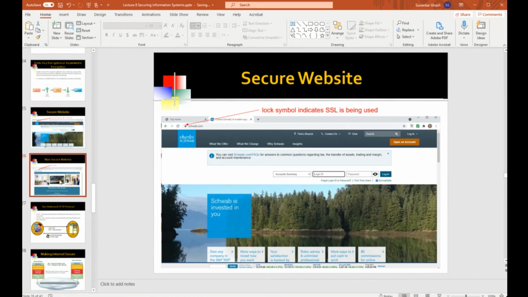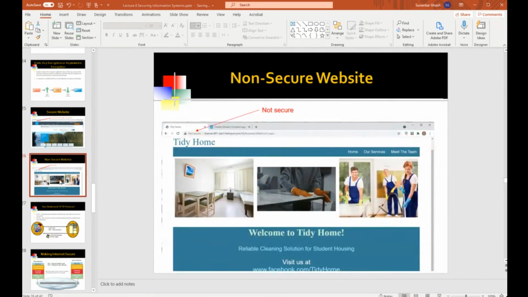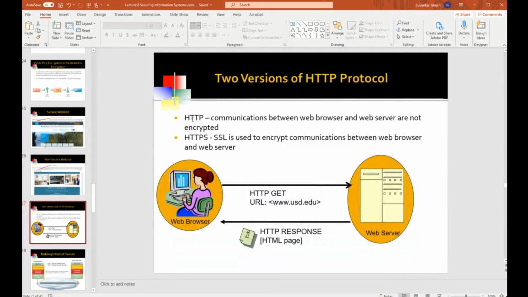When you're using the plain HTTP protocol, most browsers will indicate in some fashion whether the website that you're interacting with is a secure website or not. So when you're working with a non-secure website, then you're actually using the HTTP protocol, the plain vanilla protocol.